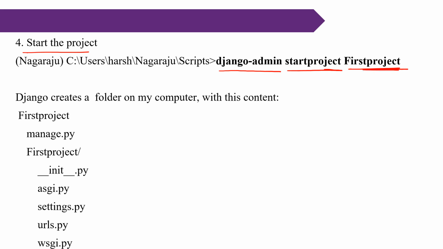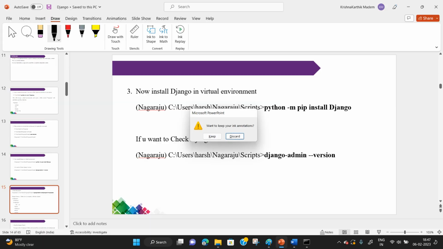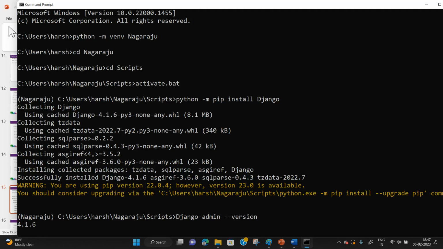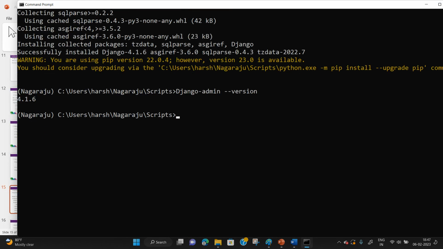Here you can give any name of the project. Actually this is my first project. That is the reason I have given the name as firstproject. Okay. Now, django-admin, sorry, spelling mistake. django-admin